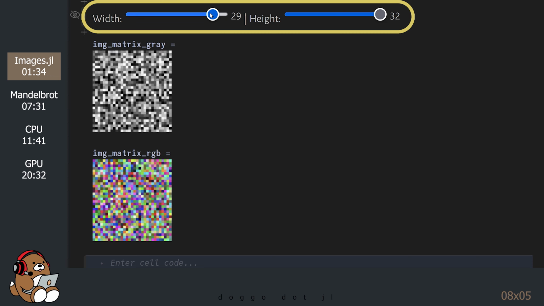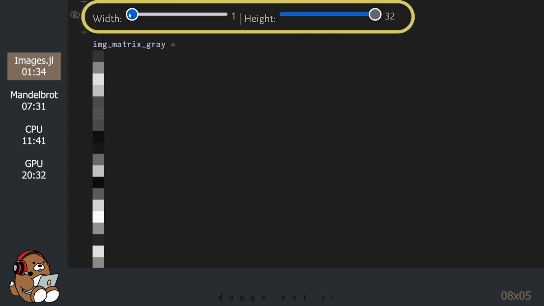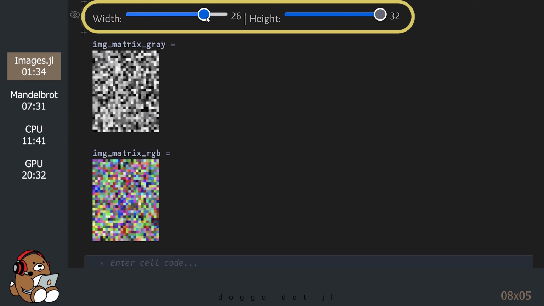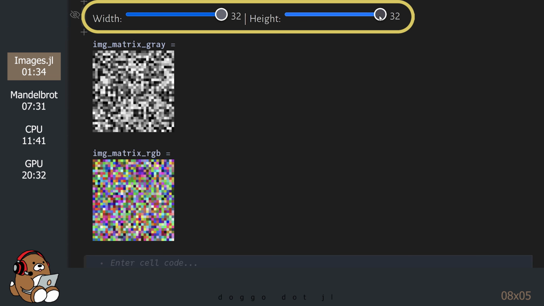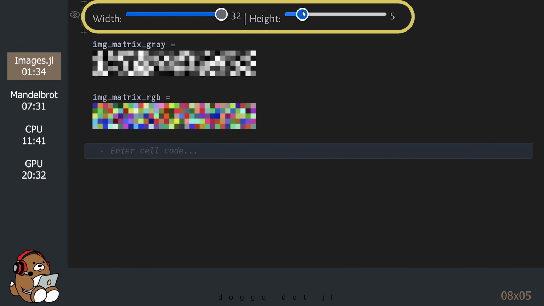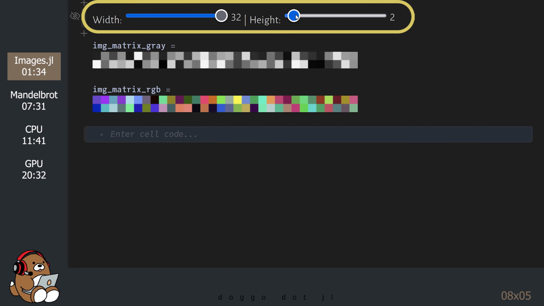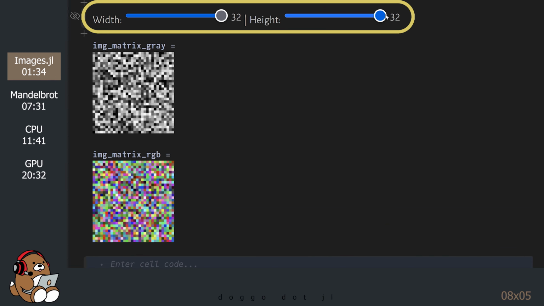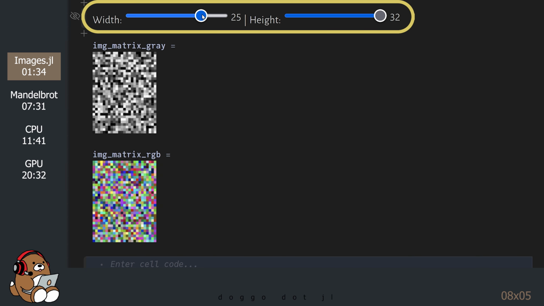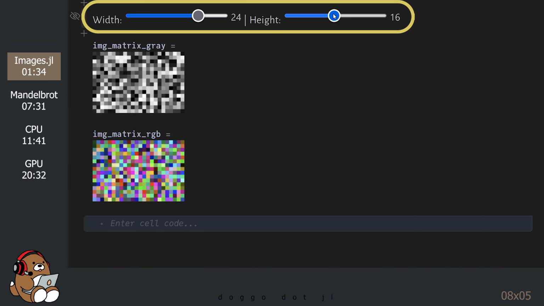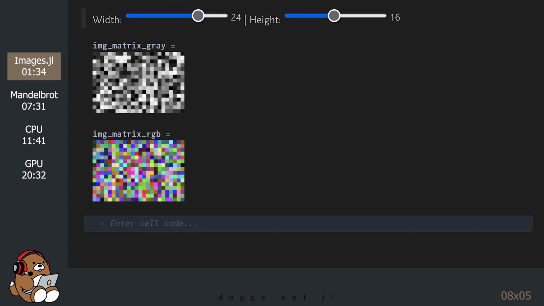Now, when you change the size of the matrix, the size of the image changes. So that's the basics of using the Images.jl package to generate an image from a matrix.